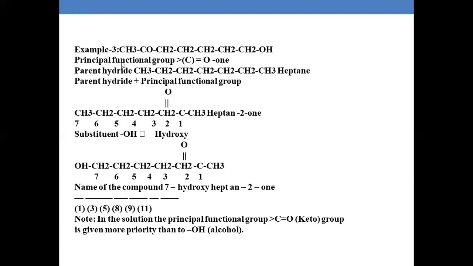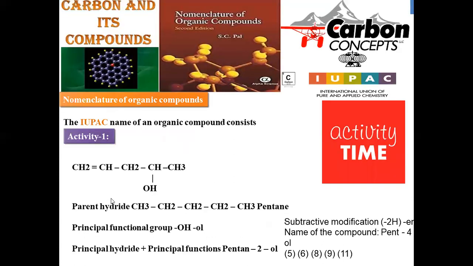Compound number 3: first of all, we have to segregate the functional groups, start the numbering and assign the name for this compound. Now, another compound is provided where a double bond and OH are both there. Which gets the priority here, double bond or OH? Obviously OH will get the priority. We have already gone through this serial order of priority. OH will get the priority over the double bond. That's why numbering should start from this end.